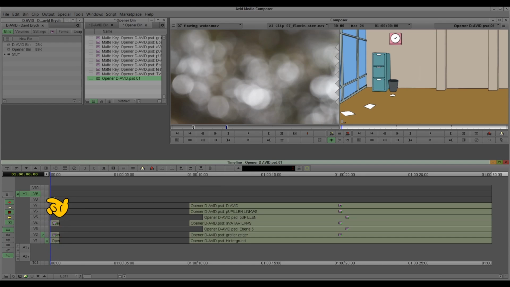This is the background, and if you want to handle all these tracks, it's blocking a lot of tracks in your timeline. So it's possible that you just mark this like that,